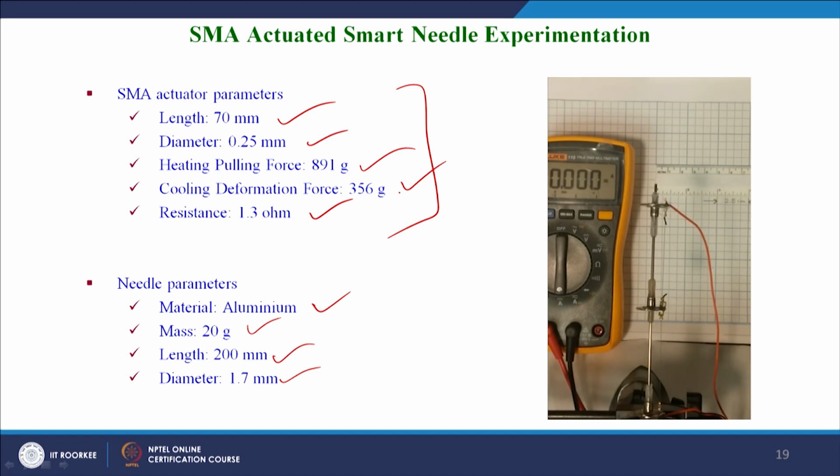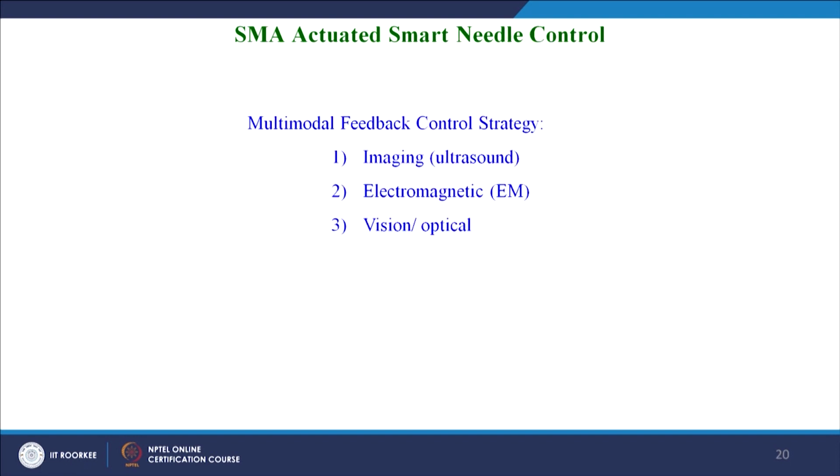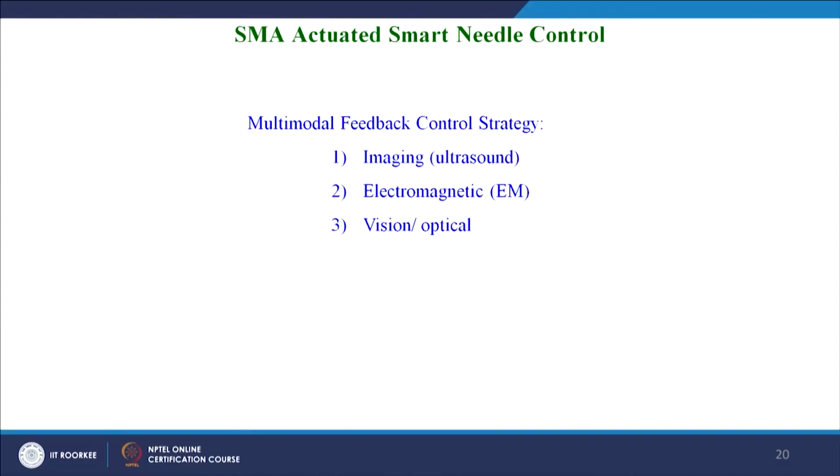This is the pulling force the SMA actuators have during the contraction, so that the needle can be bent to have the tip deflection varying from 0 to 2.5 centimeter. Now, coming to the multimodal feedback control strategy, that is how we control. Now, coming to the control part, we did a simple PID control of this shape memory alloy actuated needle with